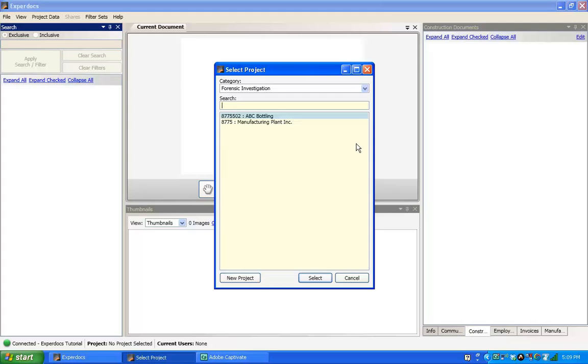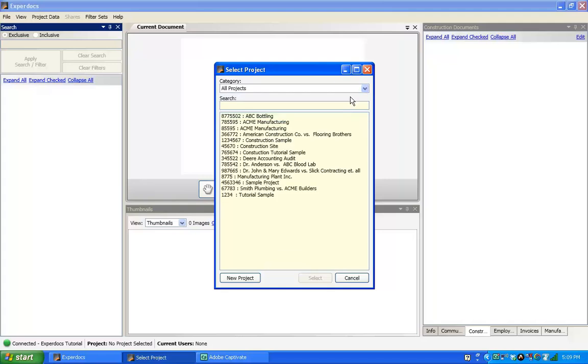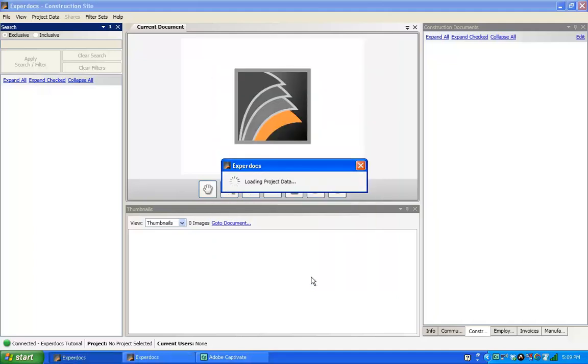And now I'll see a list of all the project categories and projects within each category. Now to see a list of all my projects, change the category to all projects, and here's a list of all the projects that I have. I'll scroll down to the project I want to go to, click on select,